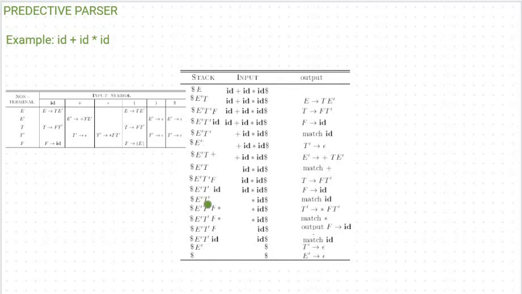Now next what you have to do, you have to check the stack topmost symbol T dash with star. Since a non-terminal in stack and terminal in the input string, you have to look for the parsing table. So what do you have for T dash and star? For T dash and star you have T dash tends to star F T dash. So remove T dash from the stack and then push star F T dash in reverse order, that is T